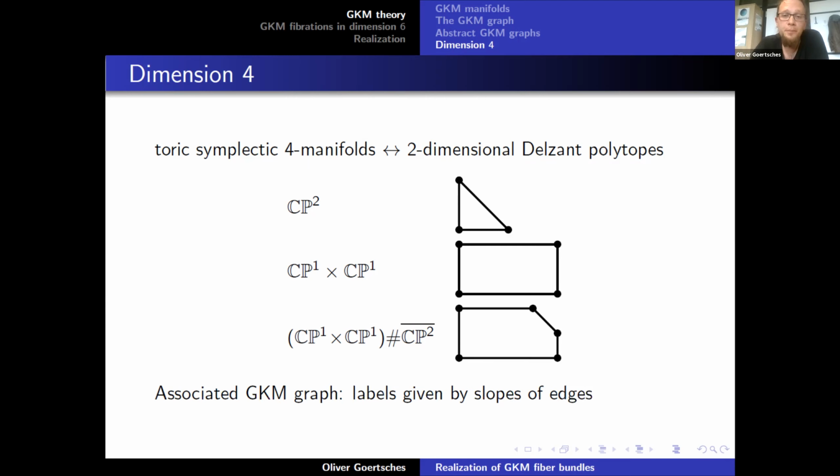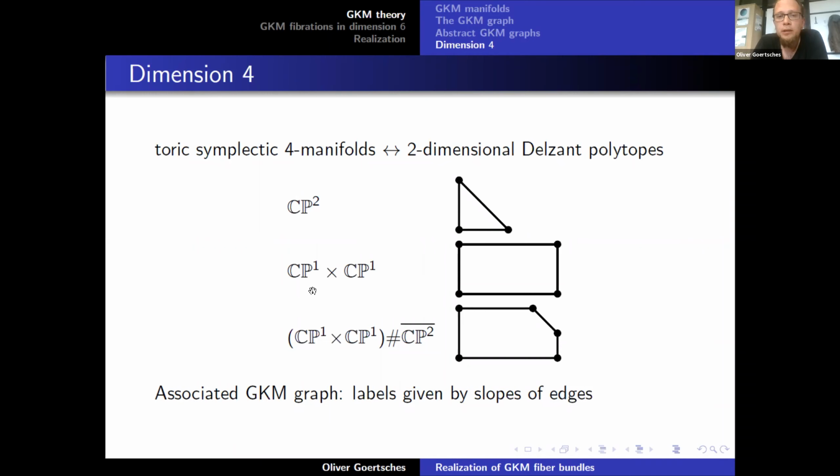of these edges. Okay, so of course we know that when we modify the symplectic structure on these toric symplectic 4-manifolds, then the Delzant polytopes change. For instance, if you look at the CP1 times CP1 here, and you rescale the symplectic structure in these two forms, then you rescale the corresponding edges here, and you get rectangles of different size. And all this information is lost when you pass to the GKM graph. So the GKM graph doesn't keep track of this particular symplectic form.